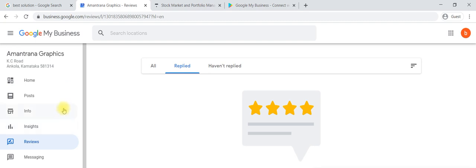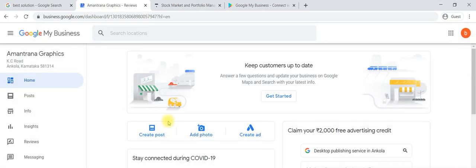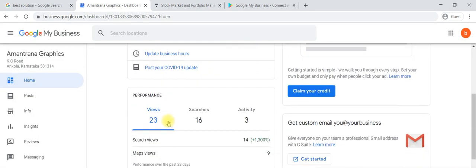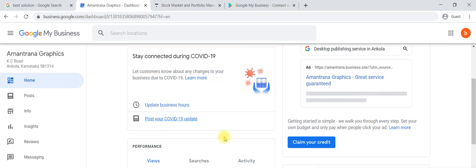The main thing we have to understand is that we have to verify our account. Always remember that we have to verify our account. If you haven't verified, go through the verification here; a note will come, click on that and verify first. Once you have received the postcard, the verification code will be there. You just put in that verification code, so that your business will be listed online. This is a nice product from Google to manage a business online.